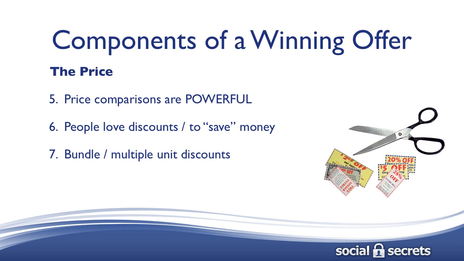And you can also bundle or do multiple unit discounts. If you buy two, you get 10% off. Buy three, get 50% off. Whatever you want to do, increasing the average order value. Meaning most people, if you never offer that, if their only option is to buy one unit, that's all you're going to get is one unit sales. But if you give people the option to buy 6 units or 5 units, depending on the product you're selling,